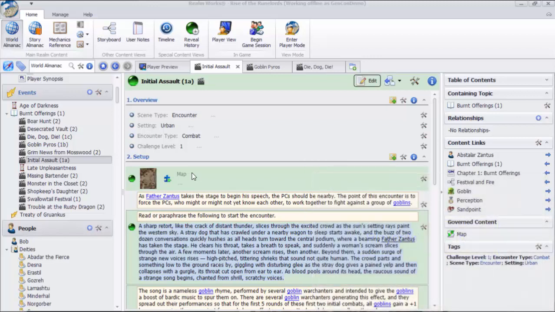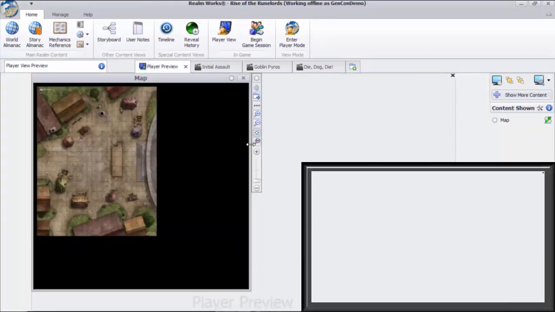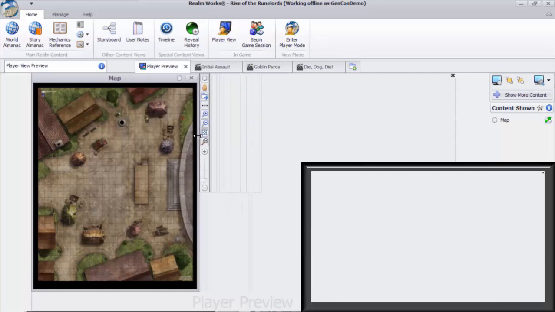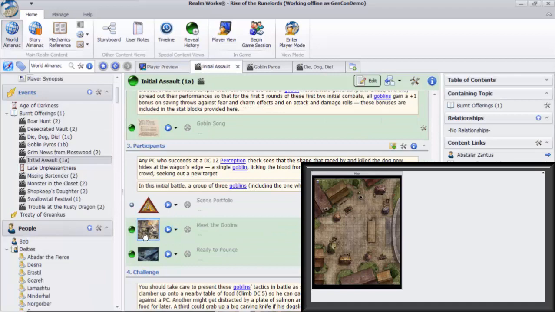Early in the adventure, the PCs find themselves in a scuffle with some goblins. To help the players visualize the scene, we'll use the player view. Let's share a map of the town square where the PCs and other characters are gathered. Because I game in my living room, I use my TV as an external monitor. My players see the map of the town square on the TV, and I can control how they see it